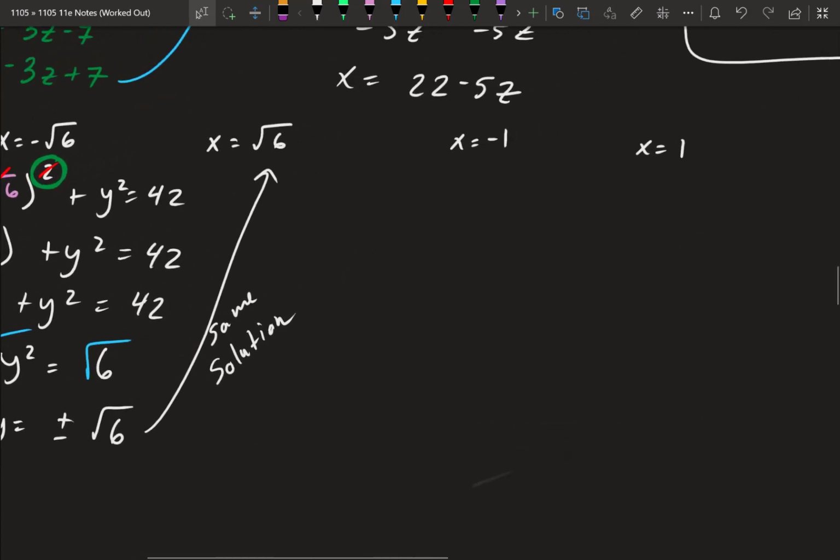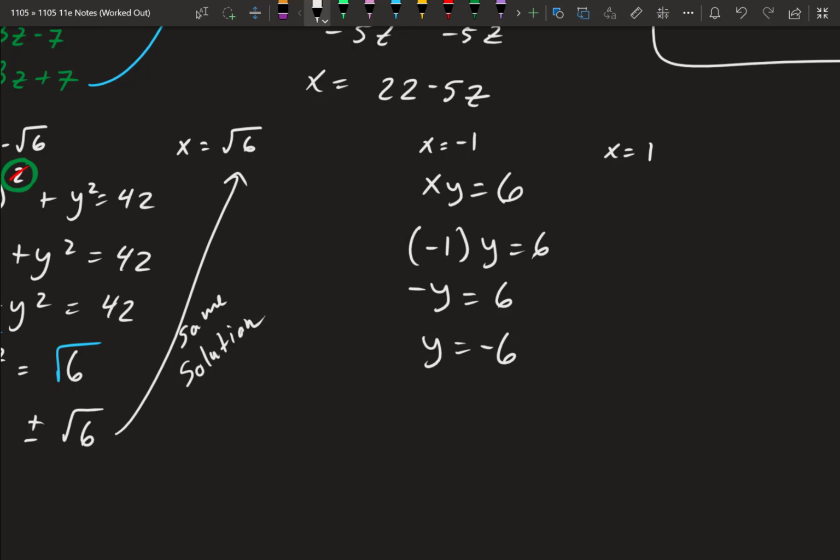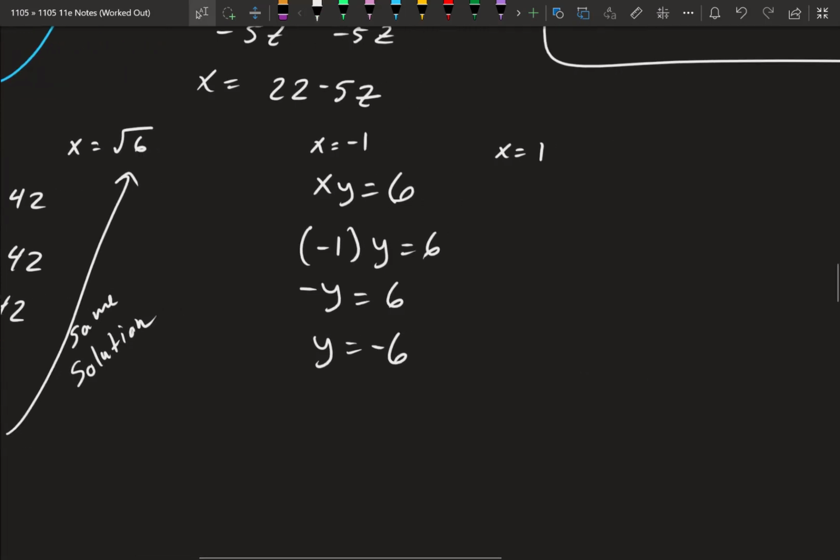Alright, now for negative 1 and 1, since there is no square root, it's not crazy looking, I'm going to plug it into the top one. So we have xy equals 6, so negative 1 times y equals 6, that's negative y equals 6, so y equals negative 6. Gonna do the same thing with 1. See, I didn't square this time, it's not squared, so do not do that little trick. So we have 1 times y equals 6, so y equals 6. That means our solution